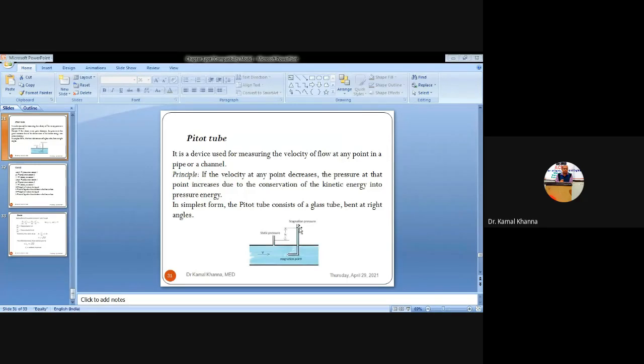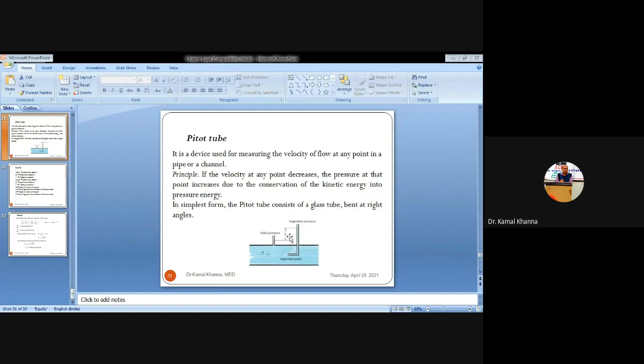So whenever the liquid starts moving from the left point to the rightward point and starts entering the first opening of the pitot tube, it starts rising in this pipe, and similarly it is rising in the first open end, that is the static pressure. The difference between the static point and the stagnation point is termed as the small h, that is the pressure head at the pitot tube.